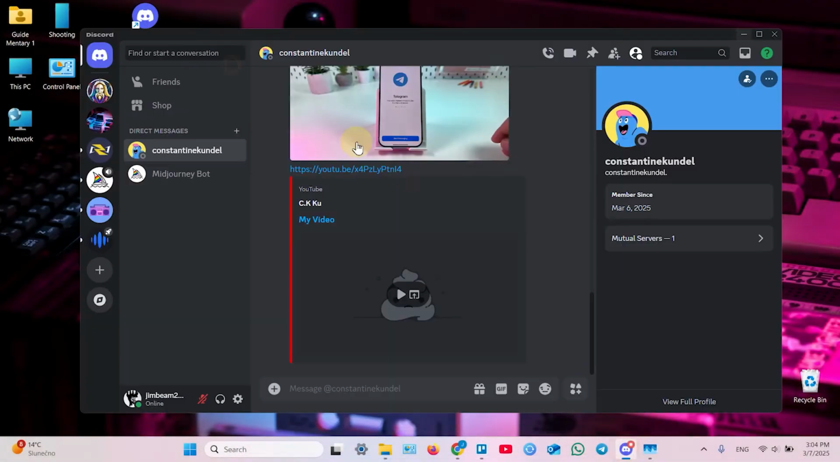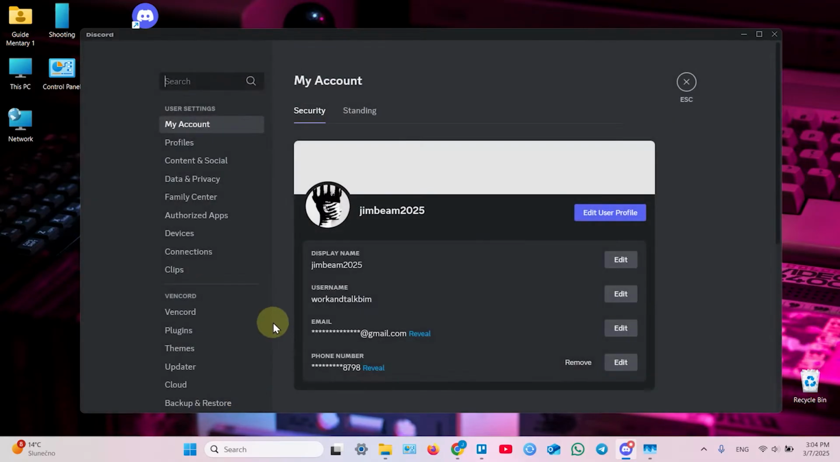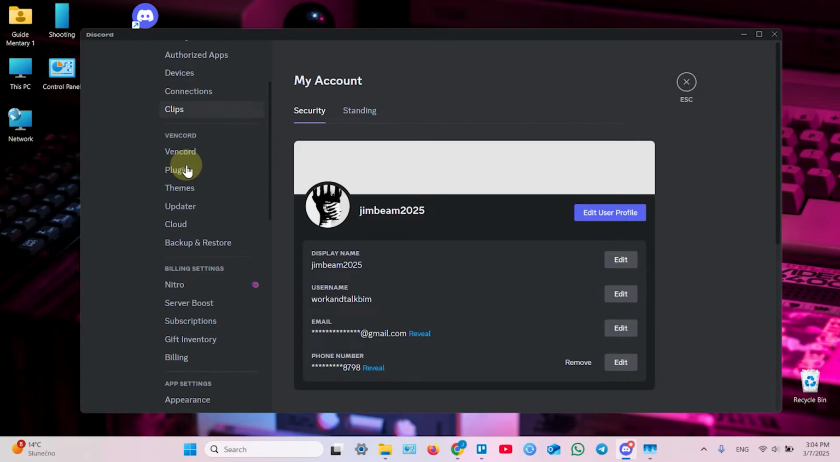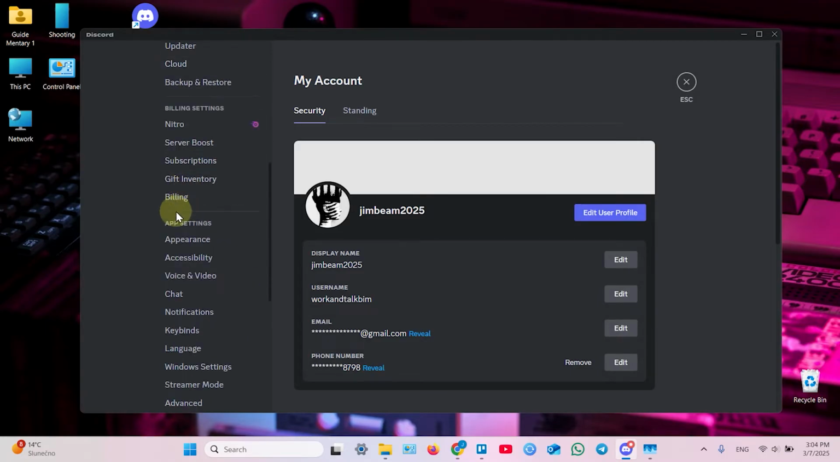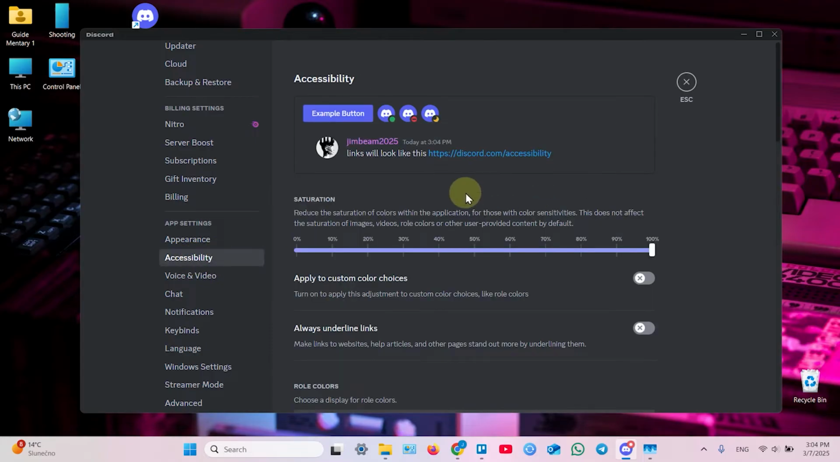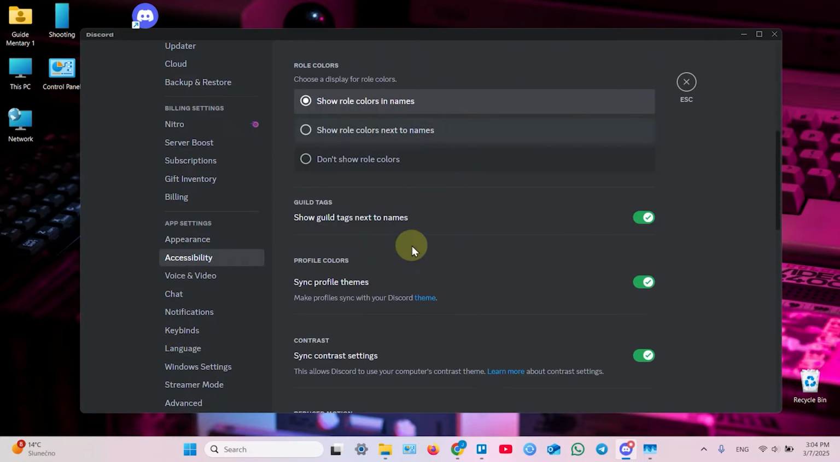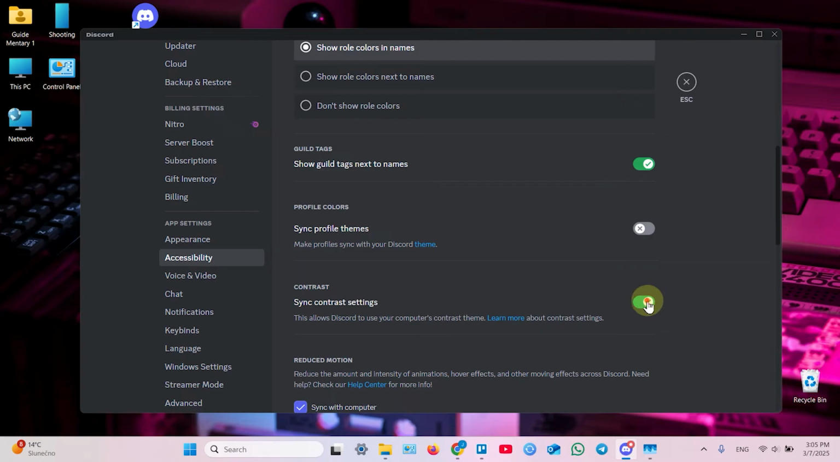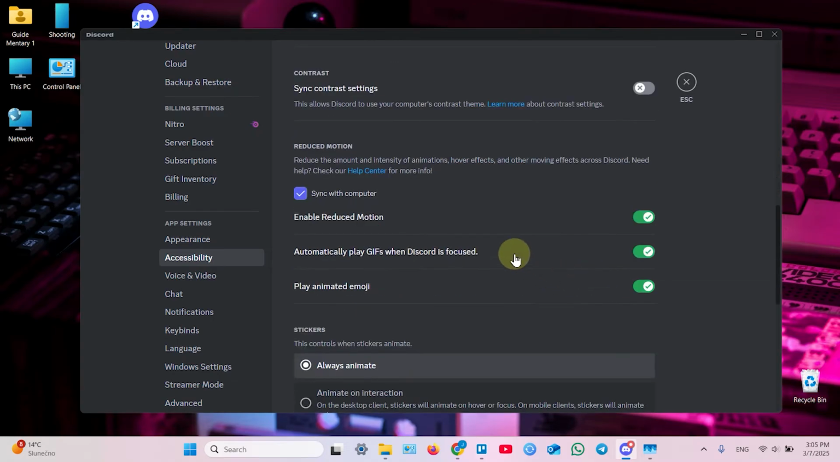So let's open the Discord application and click on the gear icon at the bottom left to bring up the settings menu. Now scroll down on the left pane to the apps settings and click on accessibility. Scroll down a little bit more and find profile colors, disable sync profile themes, disable sync contrast settings, scroll down